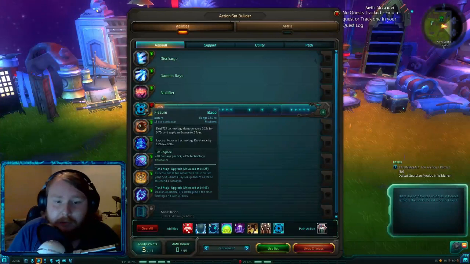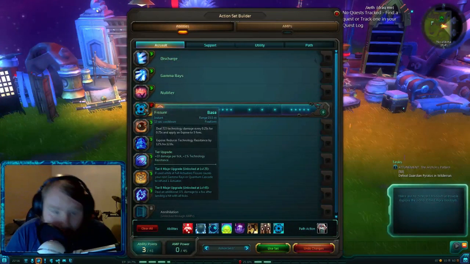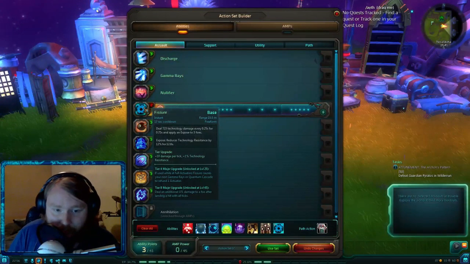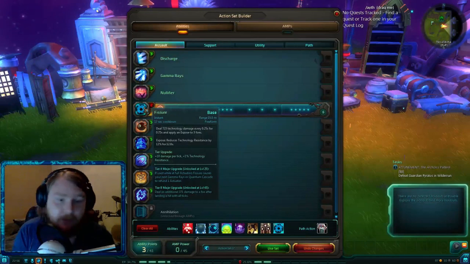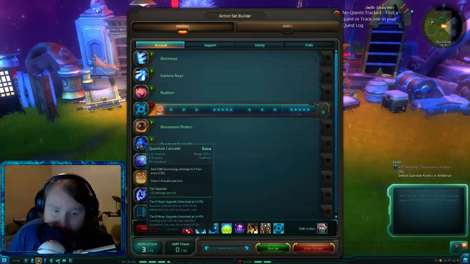Fissure. Fissure is a great ability. It puts a debuff on them, which reduces their technology resistance. Pretty much all the damage that Medic does is technology based, so it's very good. If paired with a tier 4, so here we go, tier 4, if used while at full actuators, Fissure causes your next Gamma Rays or Quantum Cascade to refund 1 actuator. So if you combine it with Quantum Cascade,